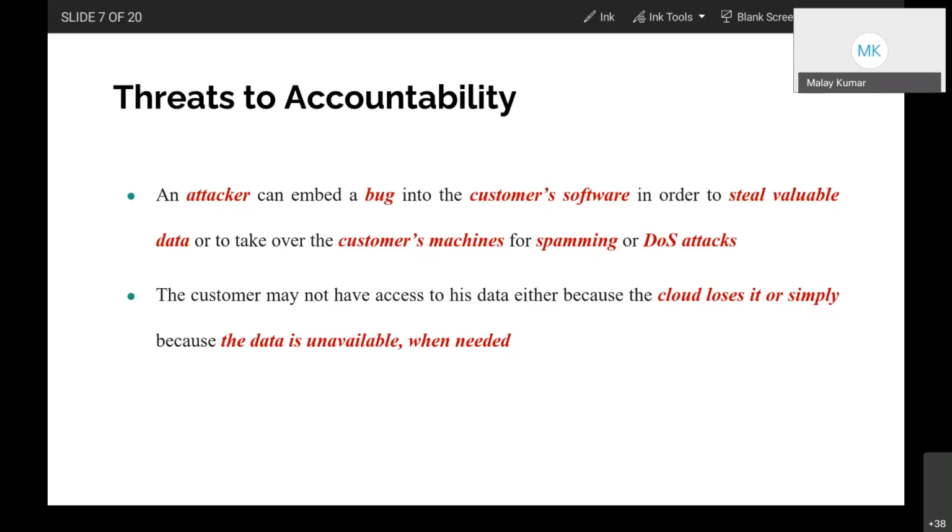Just search for the CERT database, the emergency response team. If certain kinds of incidents happen, they are reported in this database. So if an attacker has induced a bug or malware in the cloud environment,